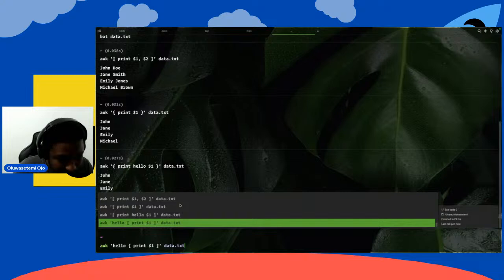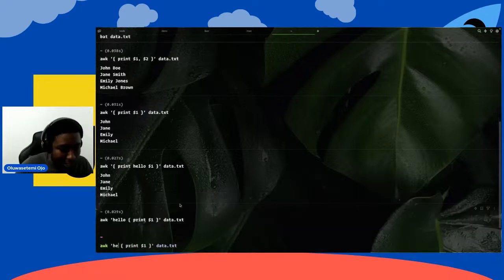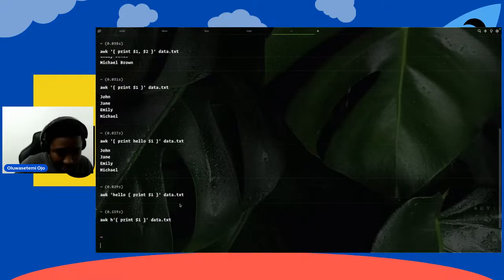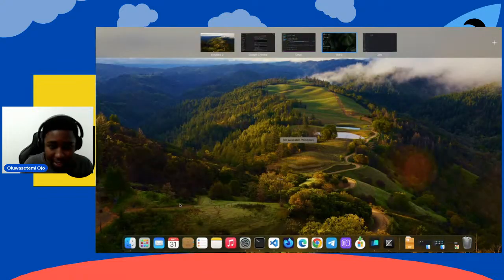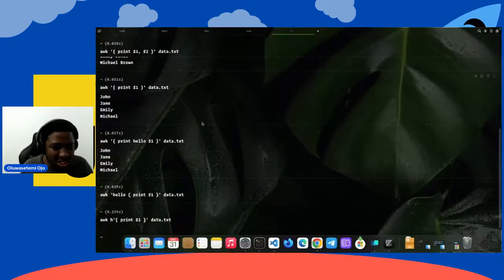Don't know how to pass it. But if I study AWK very well, it has some nice, powerful pattern matching. I think it should be outside here. Sorry. If I'm going to pass it anything, let's see if this is going to work. Okay, it's still not working. But you get the gist of